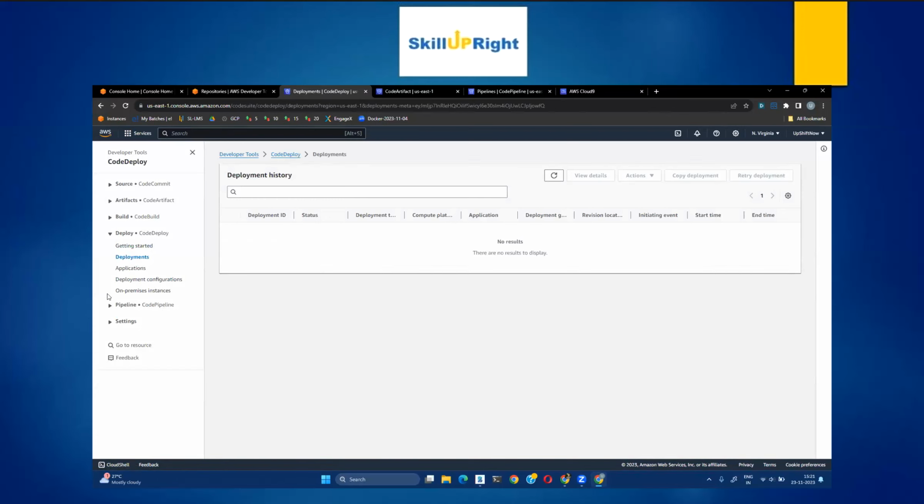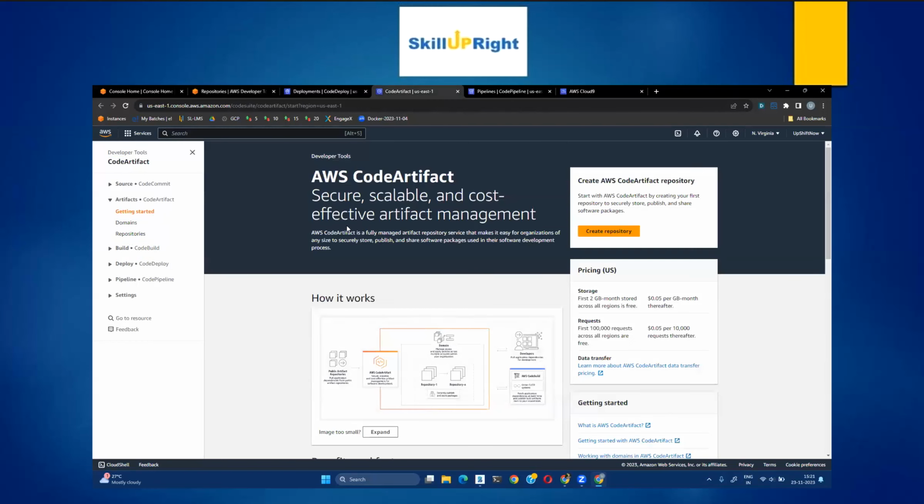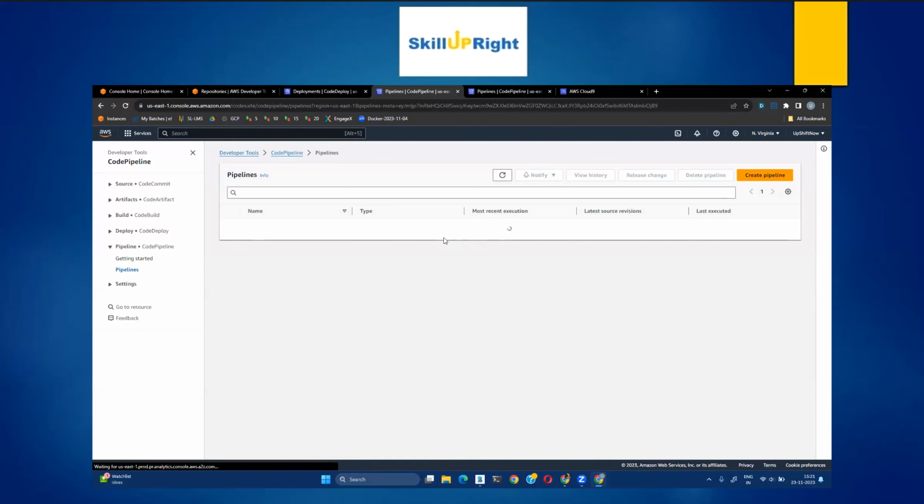You can see here, they are all visible in the same subsection called developer tools. So your code commit is also under developer tools, deployments, artifacts. And then finally, there is something called pipelines, right? Pipelines. What are pipelines? Pipelines are nothing but